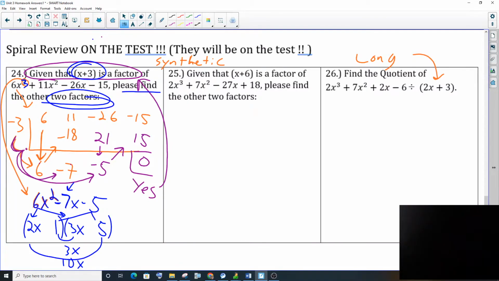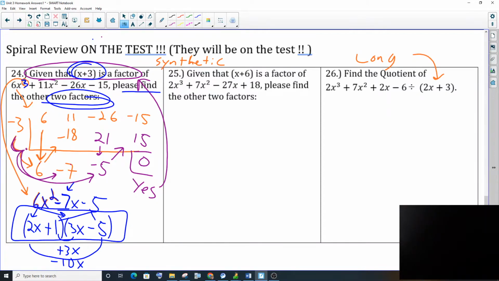So if it's a negative 10 and a positive 3, we get negative 7. It works. Well, how do we get a negative 10 from the 5 and 2? Well, if it's a negative 5 times positive 2, that's negative 10x, with a positive 1 times 3x is 3x. We did it! So those are the other two